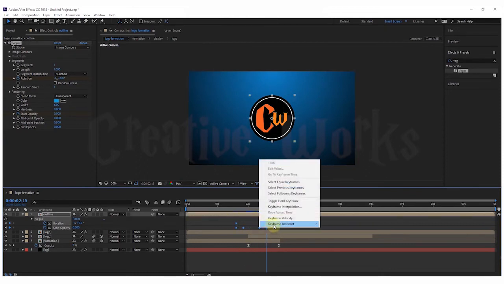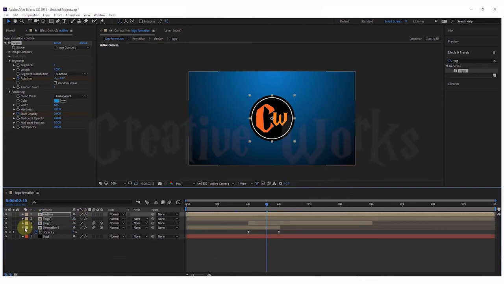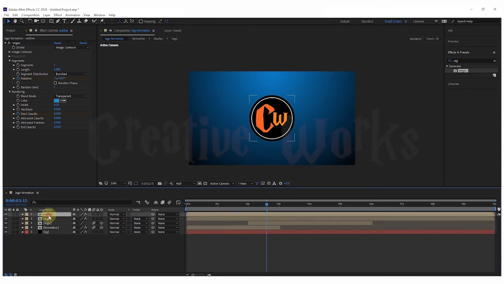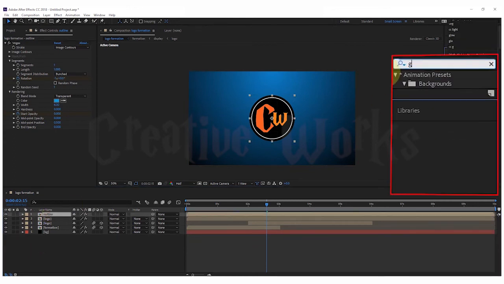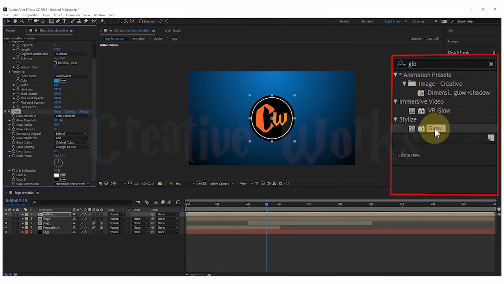Select keyframes and change keyframe assistant to Easy Ease. Select outline composition and search effect and preset for glow. Add into composition.